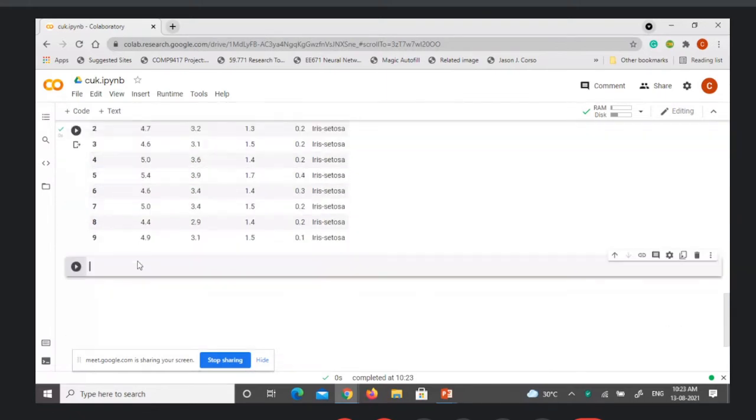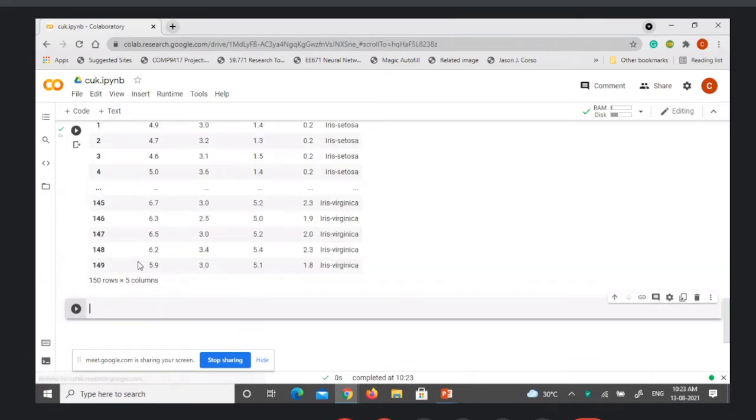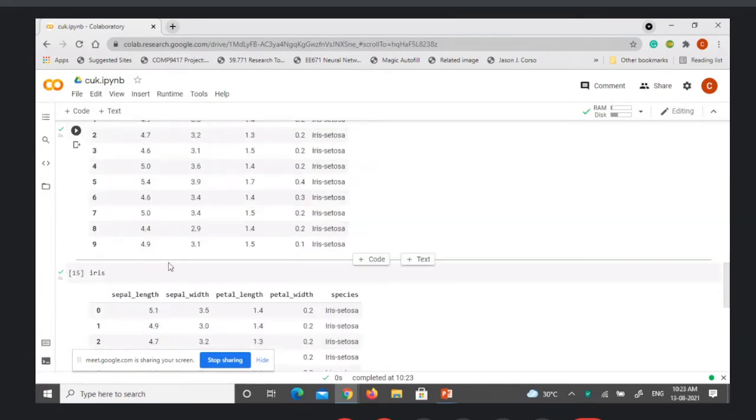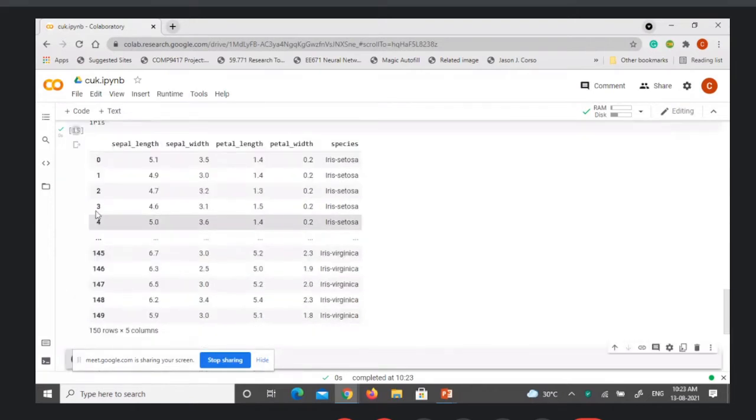Without anything, if I simply type iris, the complete dataset is printed. You can see there are 150 rows and 5 columns. Out of these 5 columns, 4 columns are the attributes, and the 5th column is the actual class name. Since there are 150 rows, the indexing is from 0 to 149.